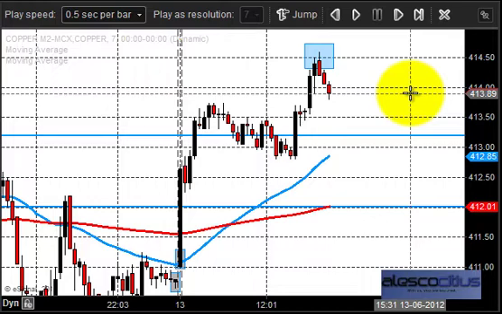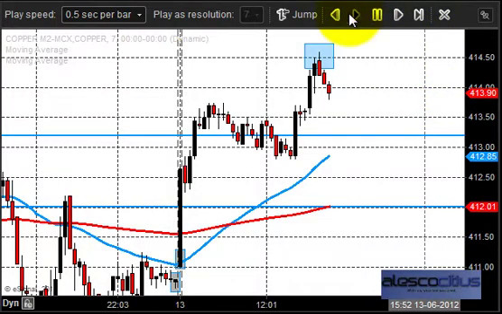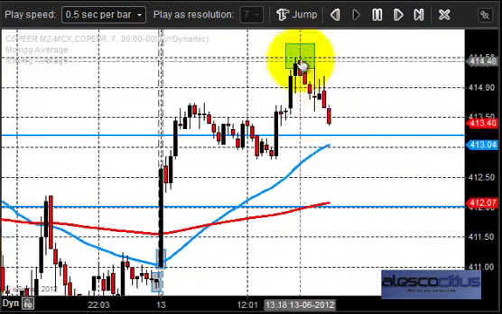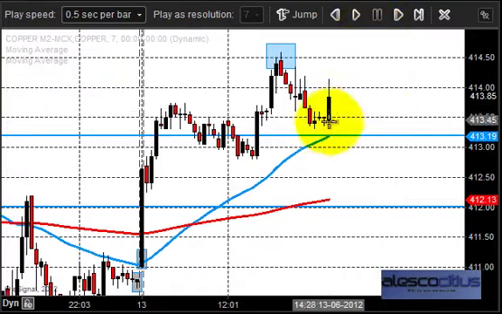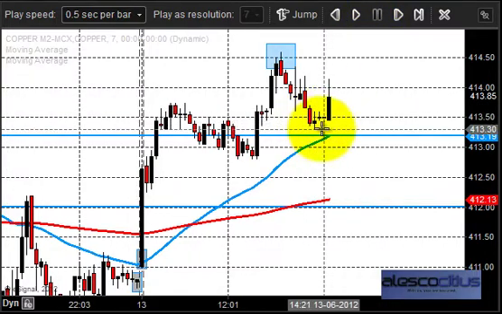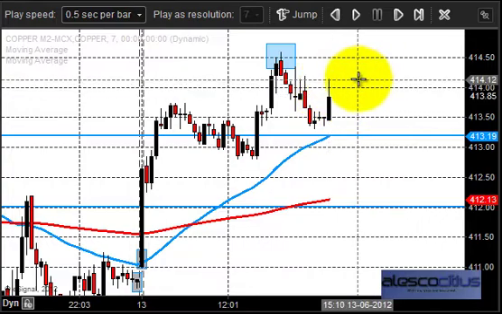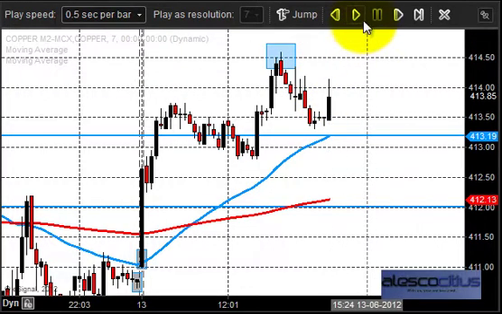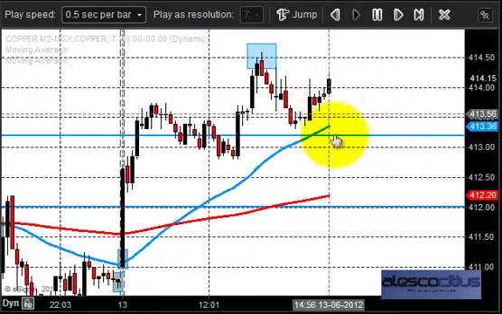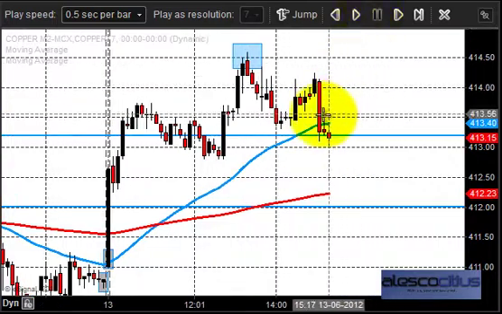That is, if there is any buying in copper. But what happened is that after testing this, the market again came down and tested this 413.2. You can very well note that the market again came down and tested 413.2 and is trying to move up again. So this is a possible case in a buying market. But what really happened is that the market failed to break this